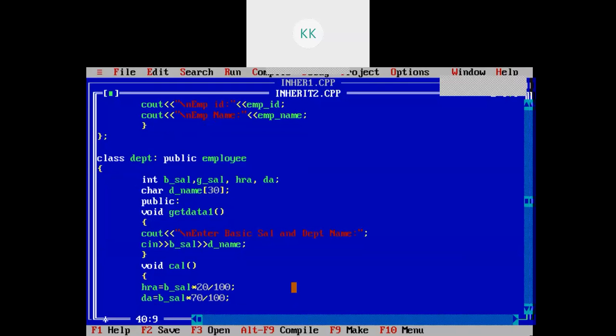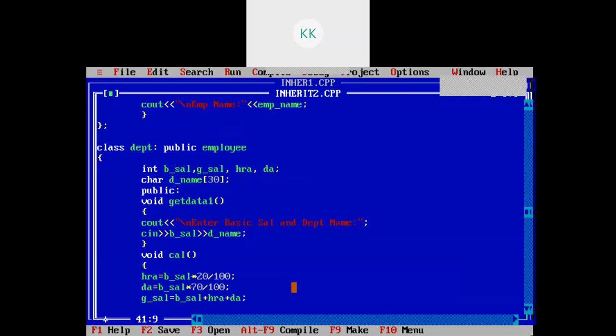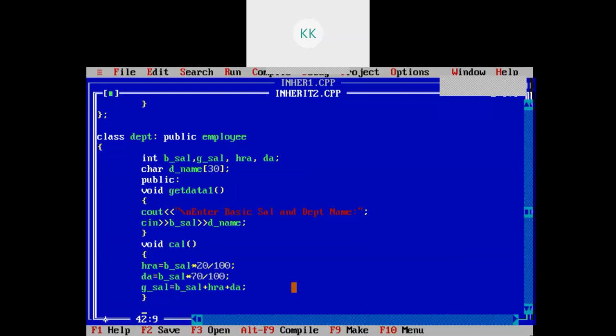Now we can calculate the gross salary as gross salary equals basic salary plus HRA plus DA. This is done for the calculation. Now we will write a function to display the message.